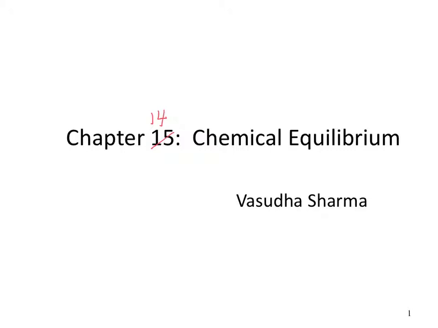In this particular chapter, we are going to actually examine how far a chemical reaction goes. So, the speed of the chemical reaction is determined by the kinetics, whereas the extent of the reaction, how far it has occurred, how much of the products are present, how much of the reactants are present, is determined by thermodynamics. And in this chapter, we are going to discuss this measurable quantity called the chemical equilibrium constant